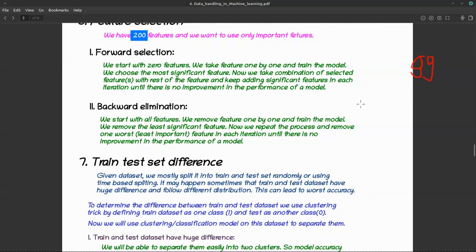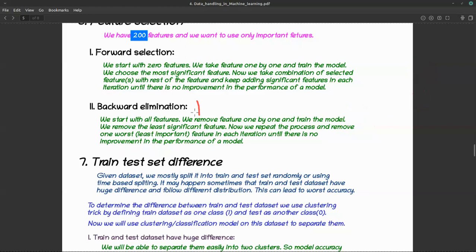Let's say after removing all these features, I have the last six features and the accuracy is around 96, and if I remove any one feature out of these, the accuracy drops to about 89, 90, or 85. So I can stop, because I cannot remove any further feature out of the six. If I remove any one of the features, the accuracy is less than 95, so I need to stop the process, the execution basically.